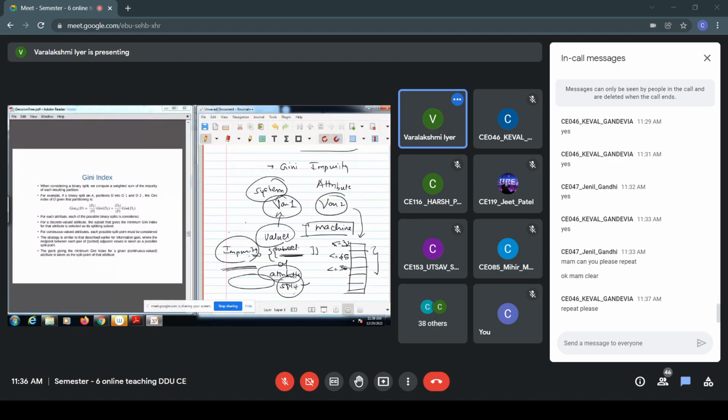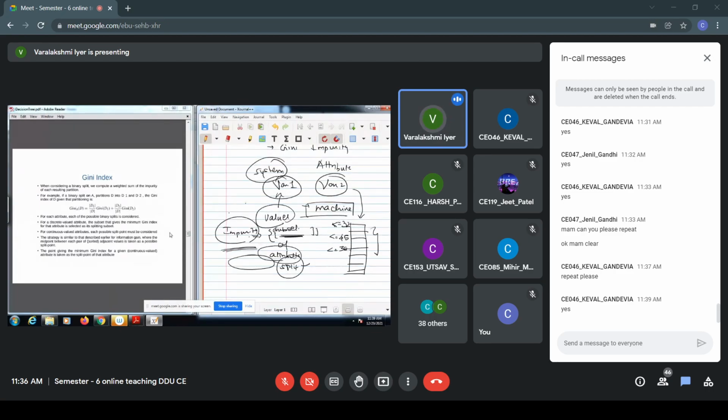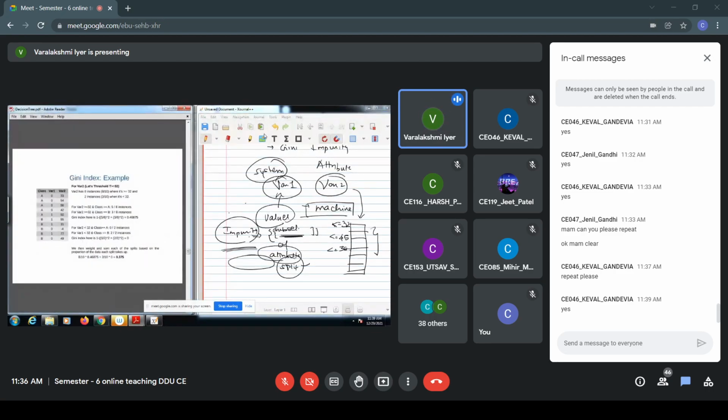Are you getting? Now is it clear? Similarly, in this example, we are choosing threshold value 32 to split our data. But the machine can go for 45 and can select 38 or something like that. If, for example, 38 gives the minimum impurity, then that will be chosen to split your data. So it is choosing a subset of attributes to split your data. Okay. Now is it clear?